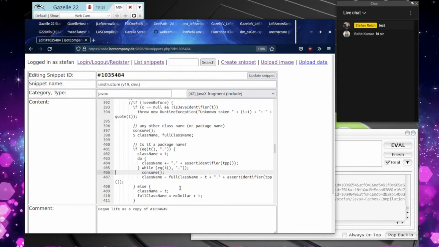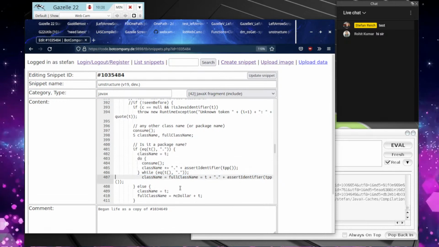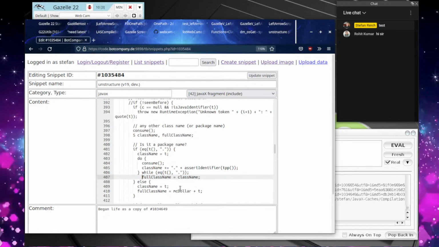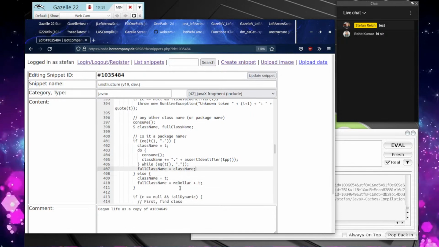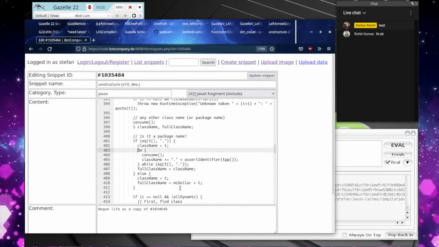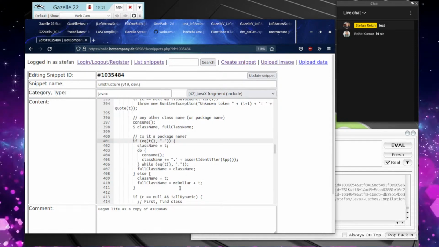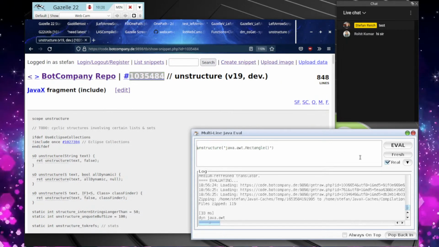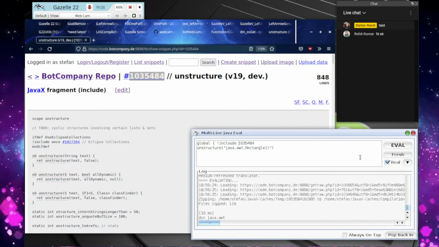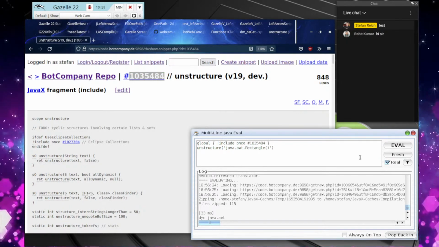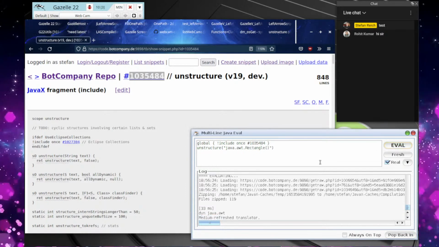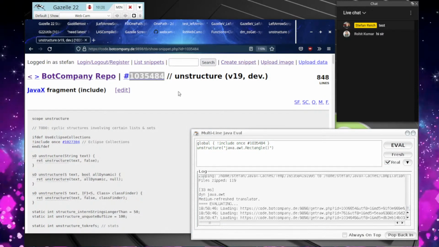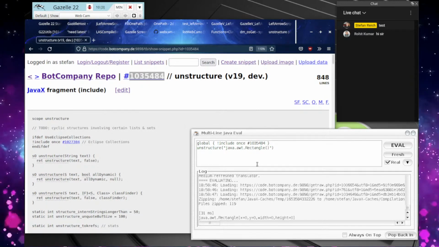While we have more dots. Okay, and the normal case is this down here. Okay. Let's try. Okay,